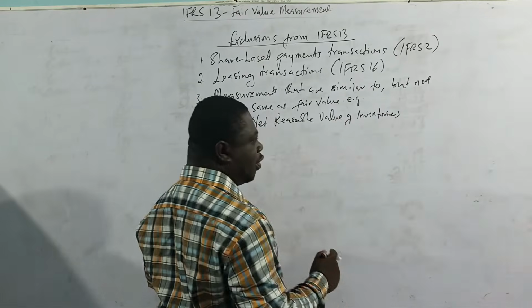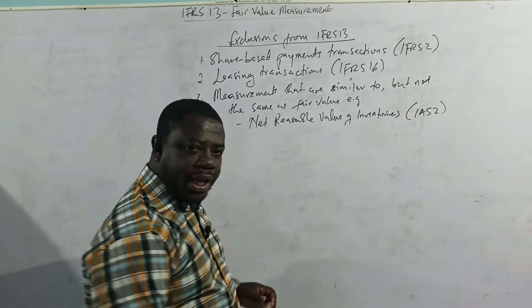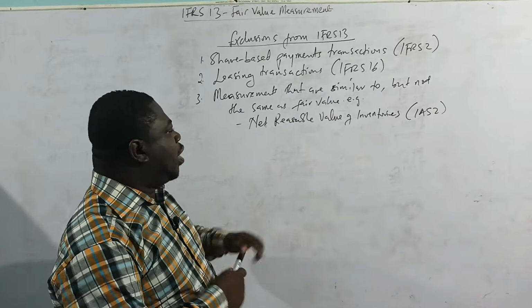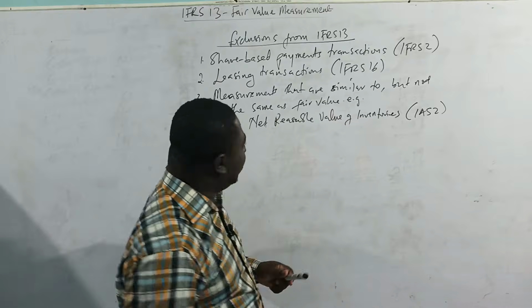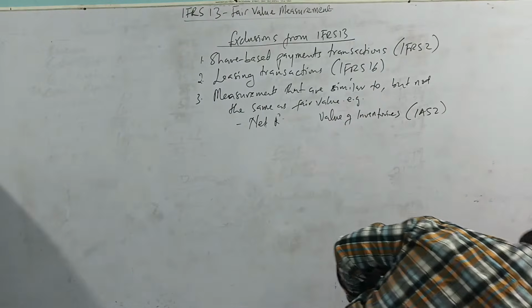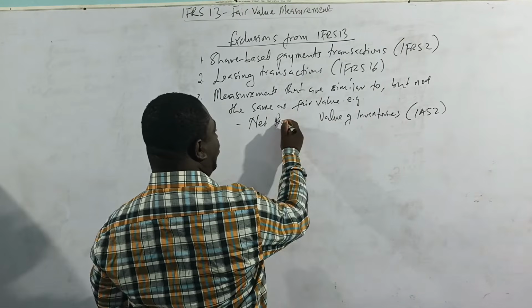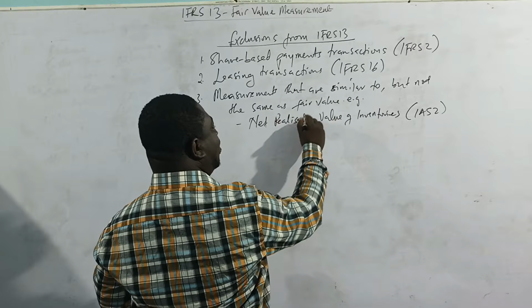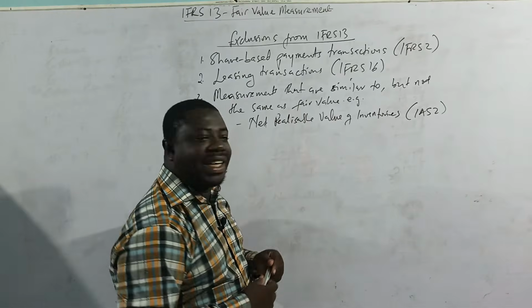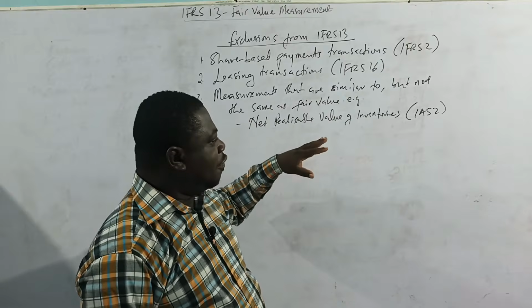Net realizable value of inventories, that is covered under IAS 2. Okay, so you see that when you look at net realizable value, NRV of inventories, it looks like a fair value, but it's